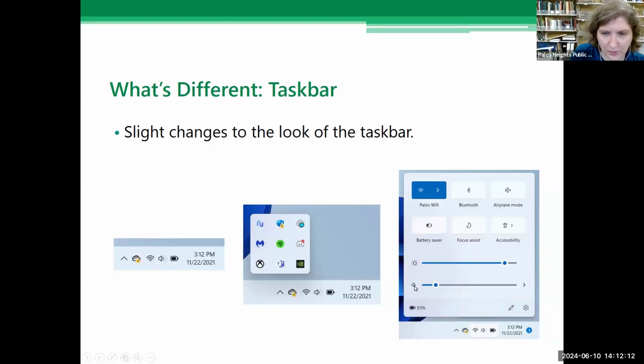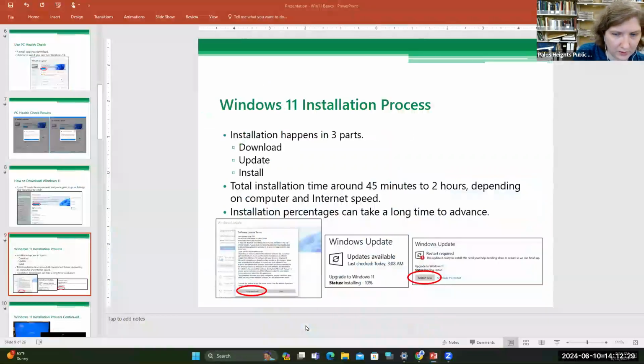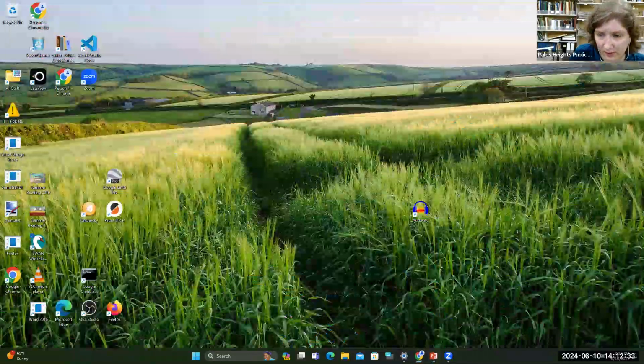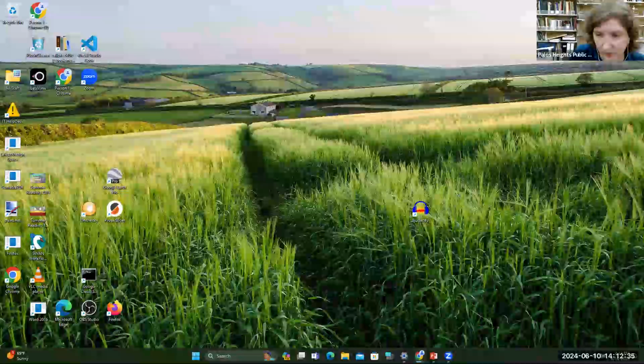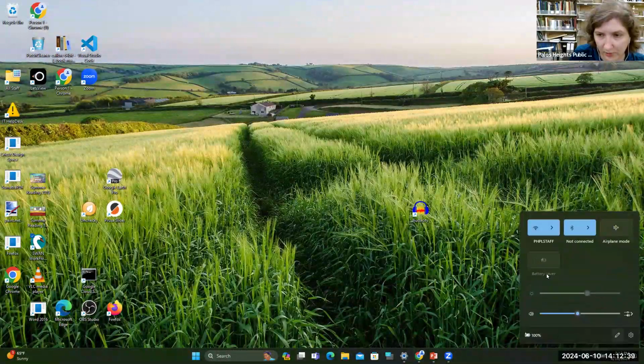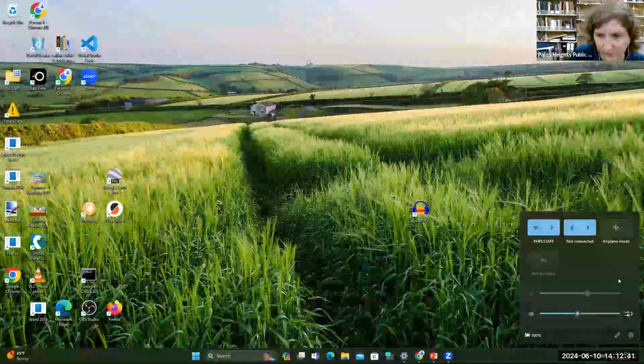And those two bars right below it, with what looks like a sun, that's for display brightness. And then the volume bar is right below that as well. You can also take a further look at it here, because I have Windows 11 on this device as well. So these three icons is what you would click on to bring up all those settings.